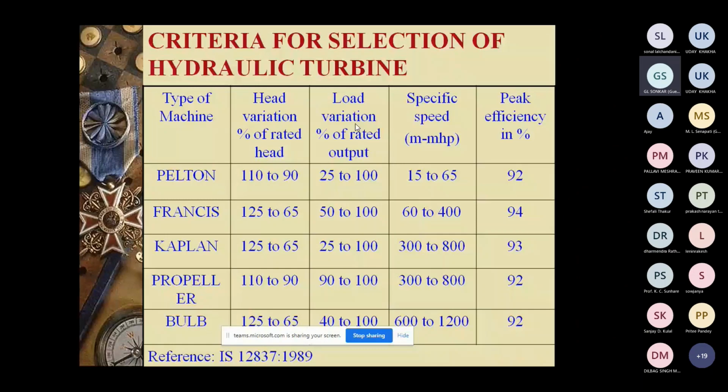If it is not a high head power plant, you can go for Francis and Kaplan also. But when you are in overlapping zones, that means when Francis and Kaplan both are suitable for a particular site, you go through the key question: what is the variation of the load there? If variation is more, you can go for Kaplan. If there is 25 to 100% load variation, you better choose Kaplan.